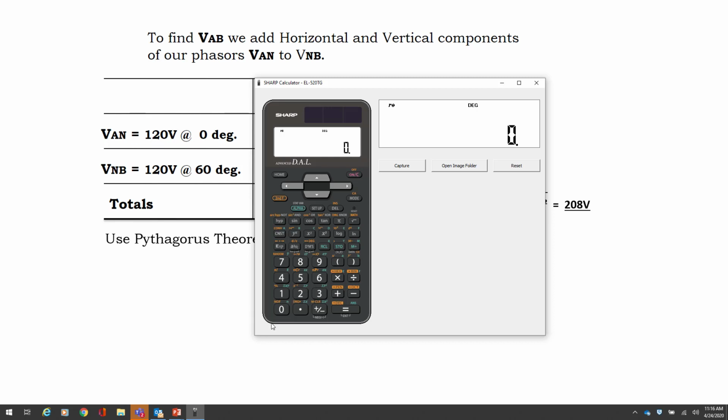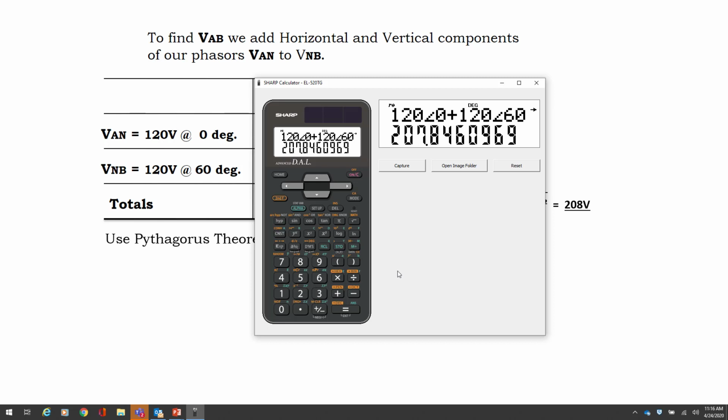So now I'm just going to go ahead and enter these values. So I've got 120 volts, and then I hit DMS for the angle. It's at 0 degrees. I'm going to add the next vector, 120 volts, DMS, or at 60. Then I hit equals, and there's my answer,